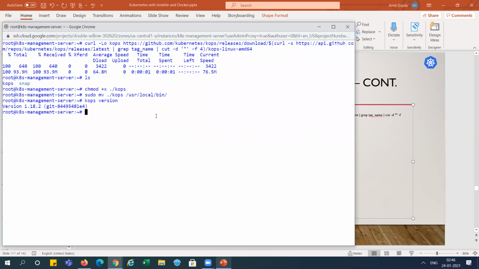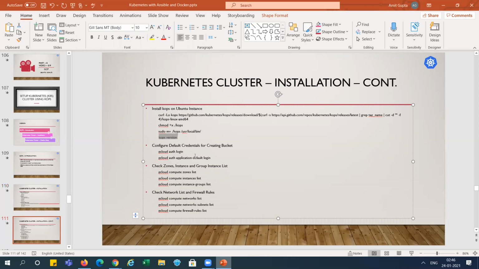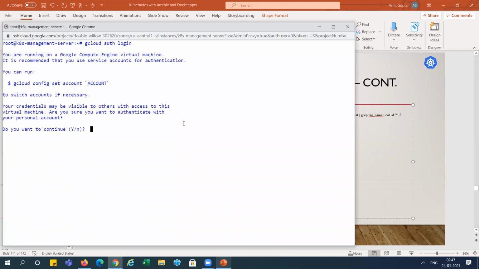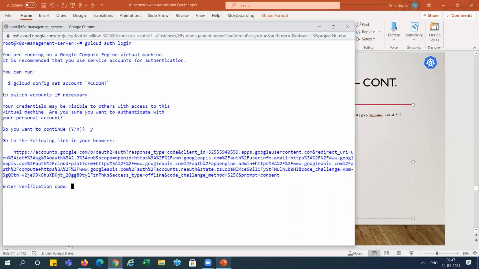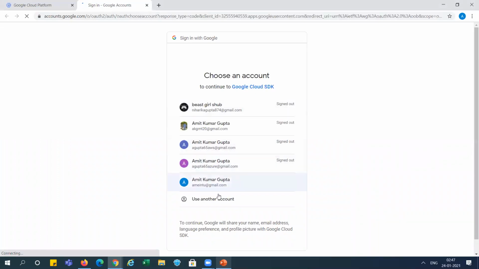Now we need to create the bucket. We need to log in with our Google Cloud. So let me log in. It is asking for this URL. We need to go over there. And this is my account, which I'm using currently.